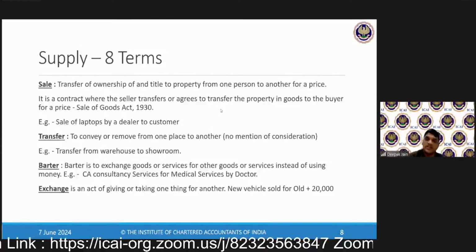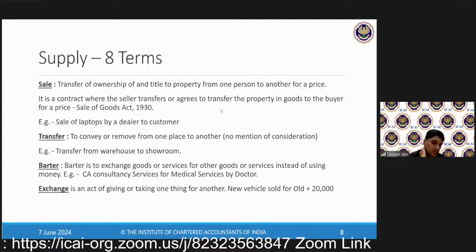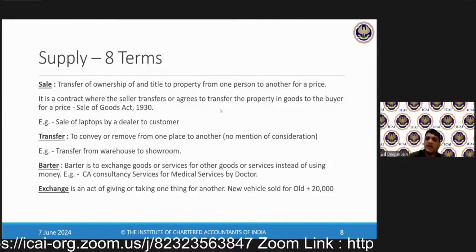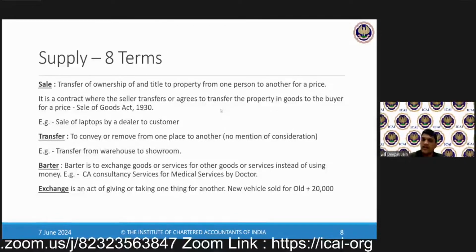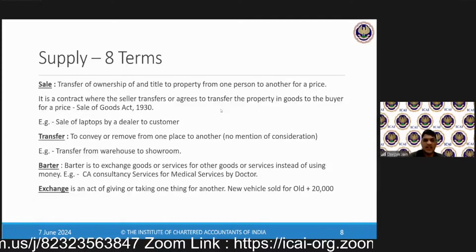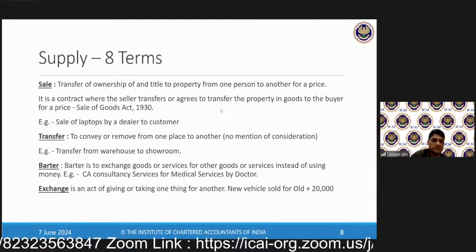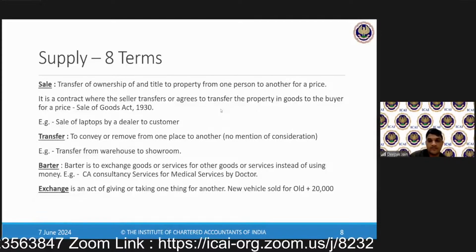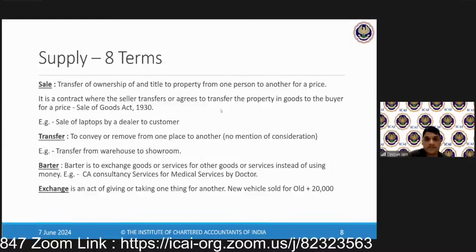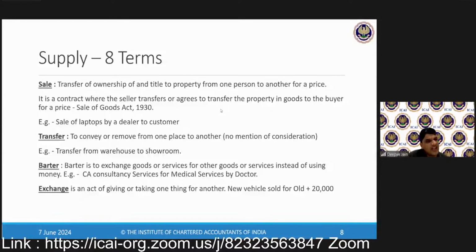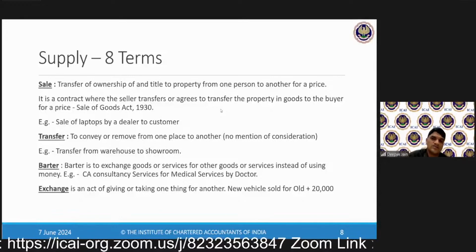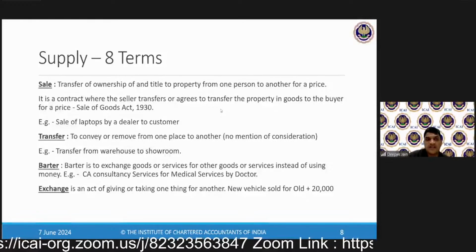I've gone out of station. I said, you keep the television for 1 month. After 1 month, I will take it. If any damage happens, of course, I've given it to you, so you are responsible. So in that case, is this a transaction of sale or no? Not a supply, not a sale. Why not? Or if yes, why yes?